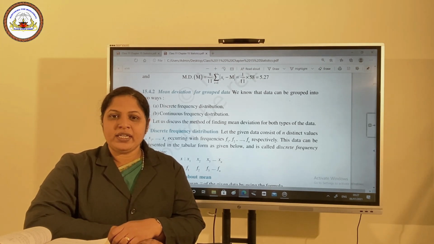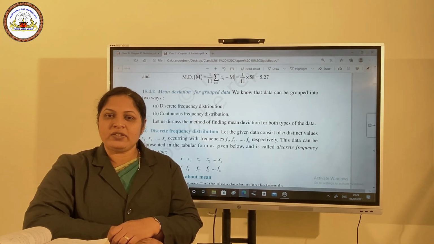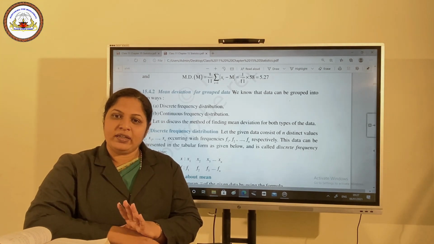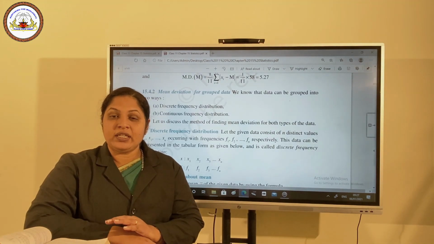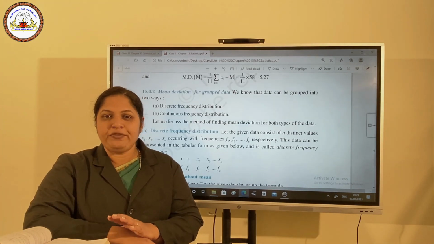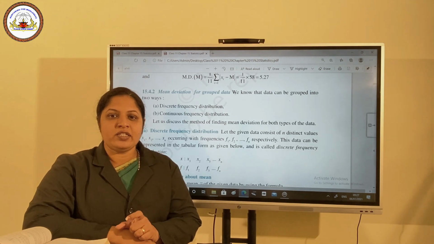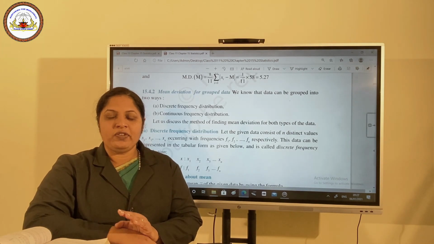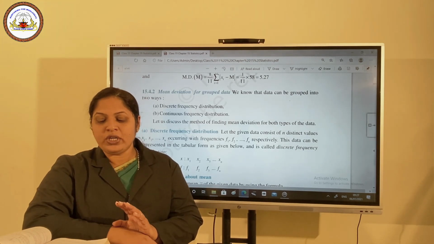Grouped data is again categorized into two: the first one is discrete data and the second one is continuous data. Discrete data means, as we have discussed earlier, individual data points will be given and the corresponding frequencies will be given as our set of data is grouped. For continuous data, the data will be given as intervals and the corresponding frequencies of the intervals will be given in the data set. And we will learn how to find the mean deviation about mean and median for this